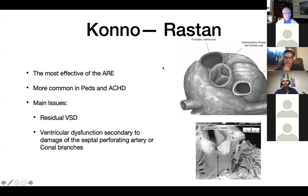Then the other option that we will consider for our patient is